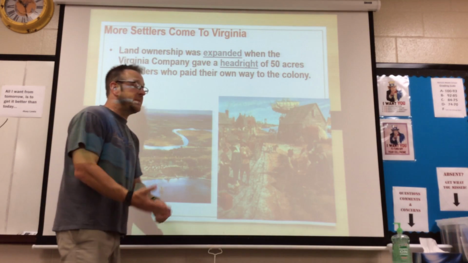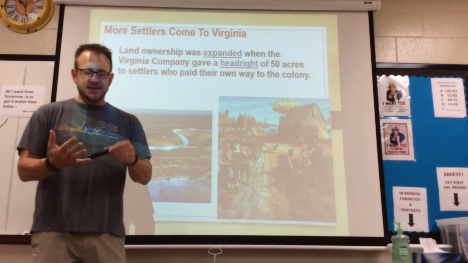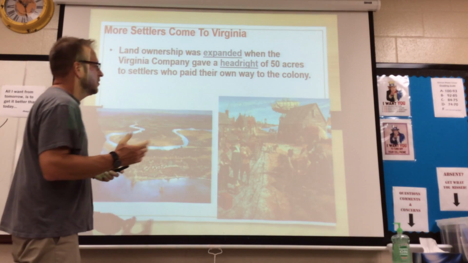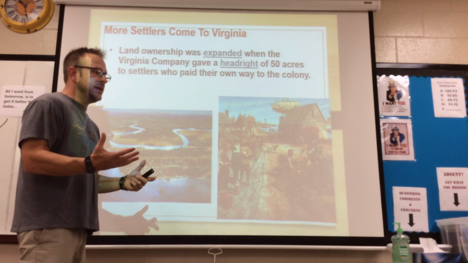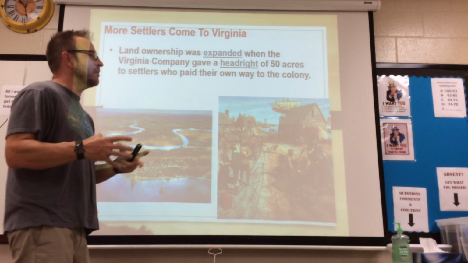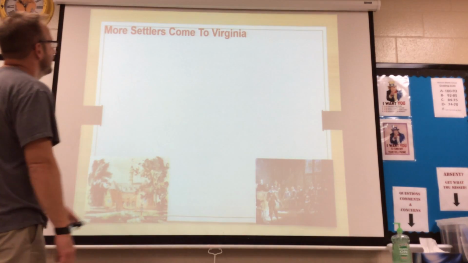Now, some people wanted to get rich, some people wanted to go start families by this point, but then the thought of, hey, I can take this 50 acres and I can plant tobacco and become rich, drew a lot of people. And considering that England's towns were so packed with people and farmland was scarce, the thought of getting 50 acres really enticed a lot of people.